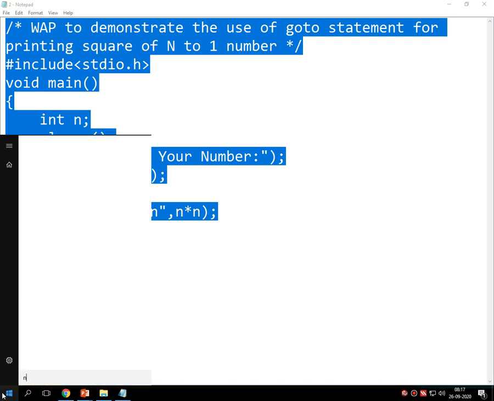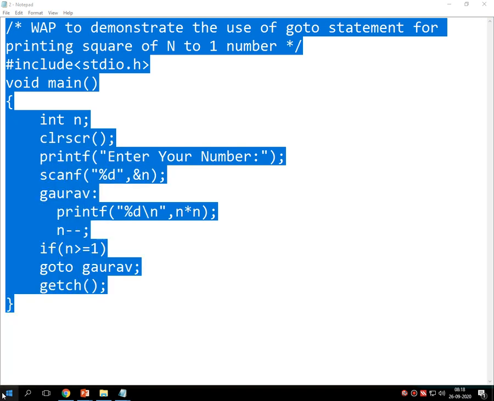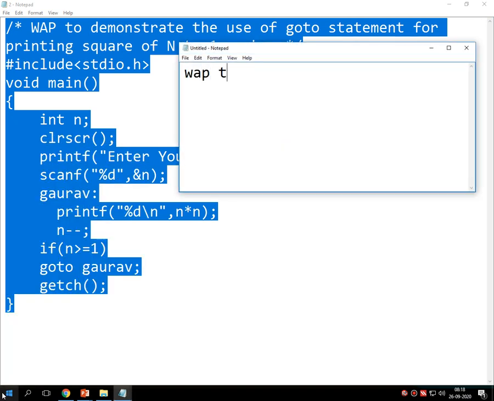So far we have done two programs that you have to mention in your journals. Let me write over here. Write a program to print n to 1 numbers using goto statement. This is my program number 1 in today's session.